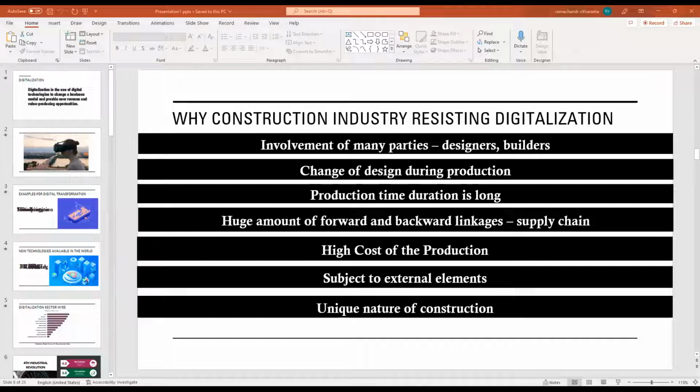Then the retail industry. If you go to a shop, they scan the barcodes and then calculate the amount for the things you have purchased from those retail shops. So in Sri Lanka also the retail sector is partially digitalized, but if you go to another country, there are a lot of methods to manage the retail industry by using these digital technologies. There are scanners